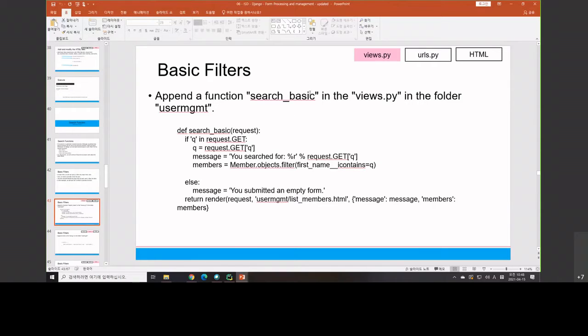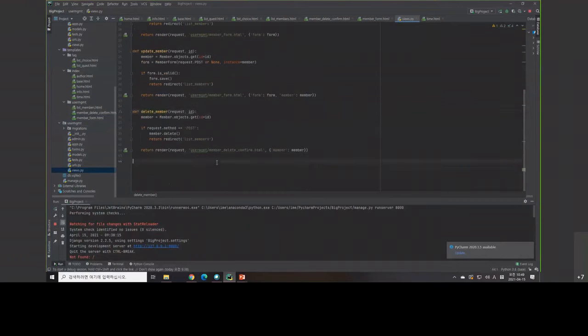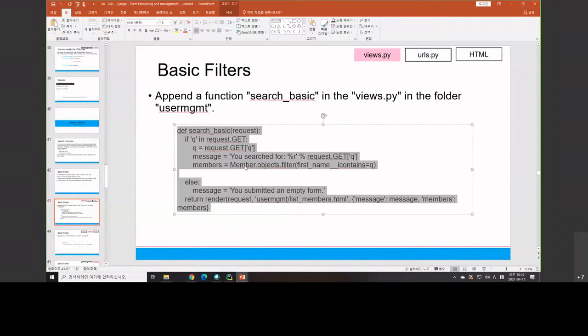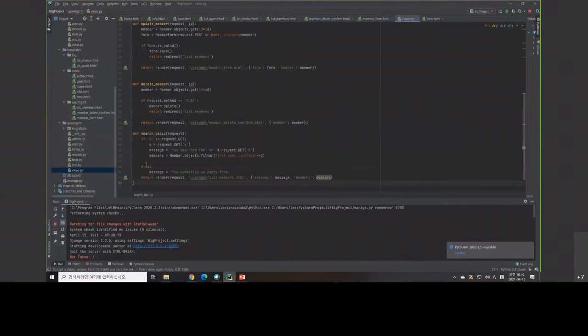So first is the views.py. In this section, we will go back again to the user MGMT. We still have the user MGMT. So in the user MGMT, you can go to the views.py. At the end of this user views.py, you can add this code. Please add this code in the views.py in the user MGMT. Please don't put the wrong code in the wrong files,